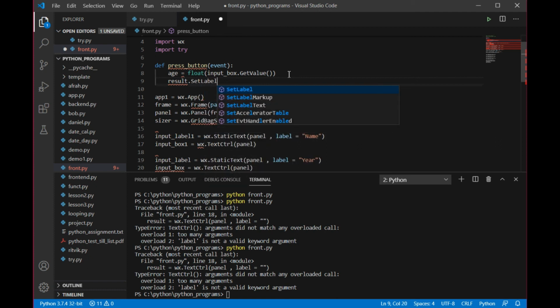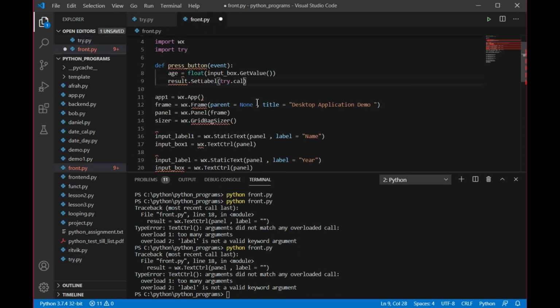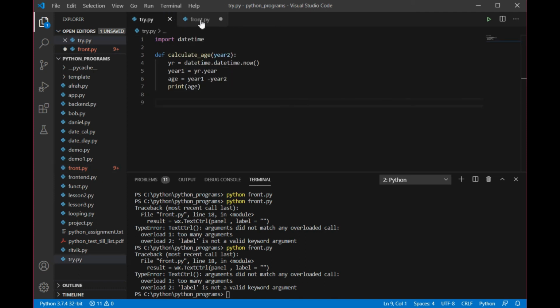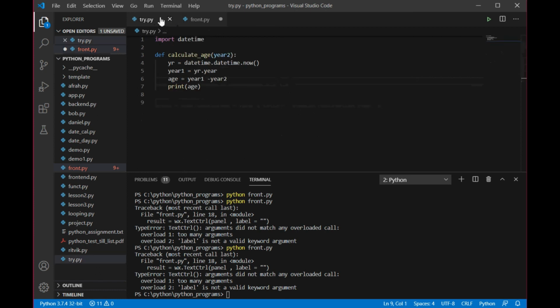Okay, inside that set label, what we are going to do, I have a file that is try. Inside that file, what function I have given the name, that is calculate underscore age, try dot calculate underscore age. And what we are going to give the value, a is small, I guess, in my function name, right? So inside that, what we are going to give the value, that is age. There is no problem. You can have the formal argument name and the actual argument name same. I can write here too as well. That is actually my choice. There is no such issue in that, right?